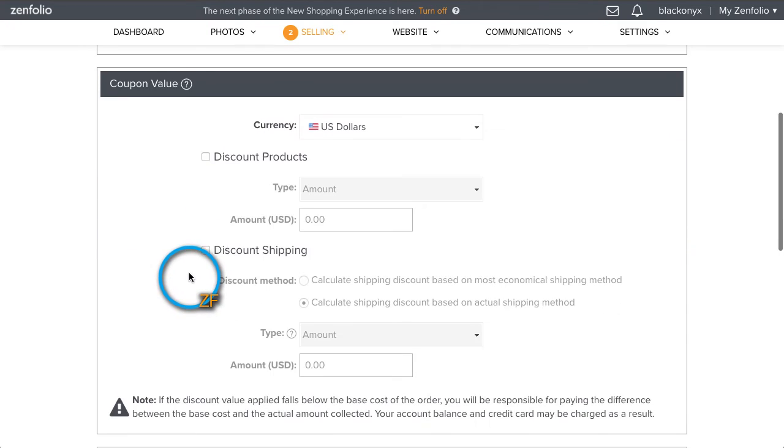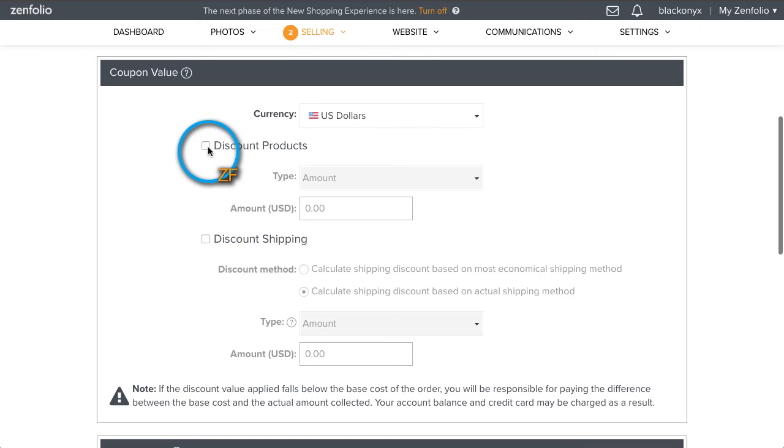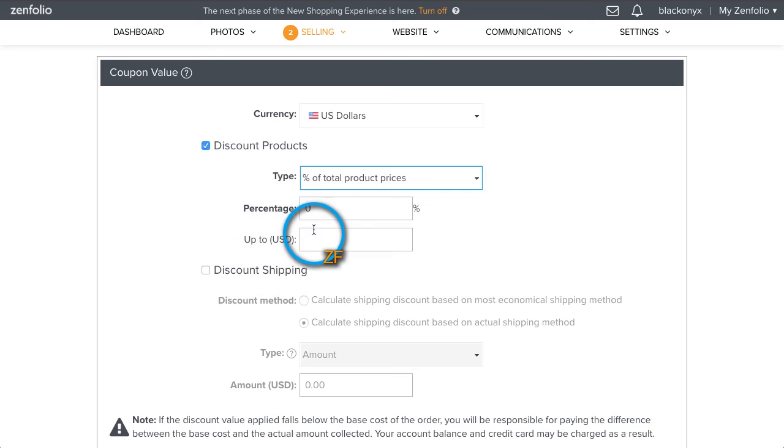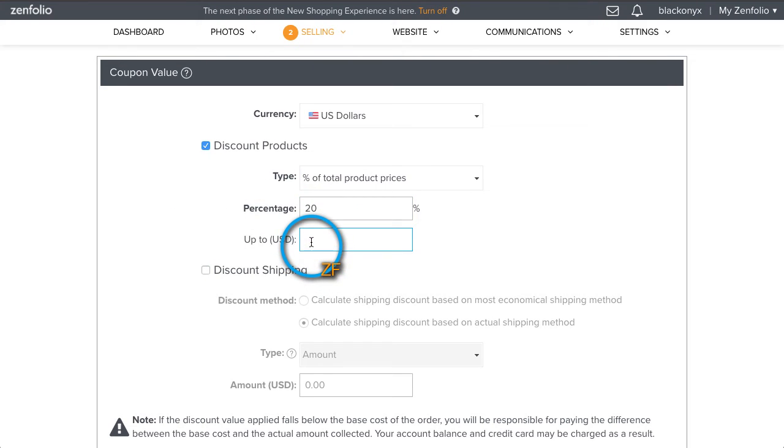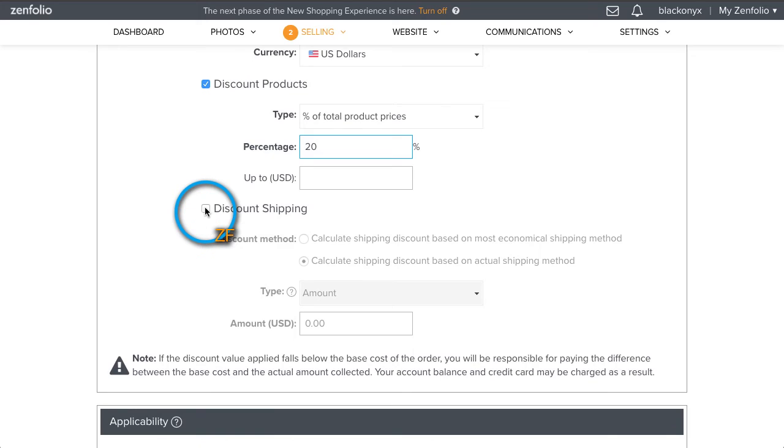So I'm going to scroll down here to the coupon value section and actually discount the percent. We'll make that 20. You can also choose up to how much money they can get a discount for. You might just want to leave this at 0, or you could make a cutoff of $100, for instance. You can also do shipping if you'd like, but I recommend not doing this because discounting the shipping can get